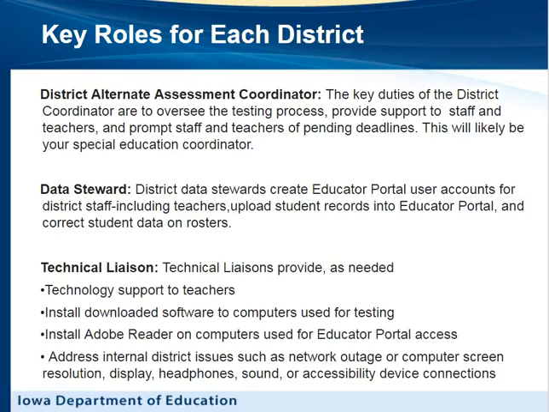We wanted to review the key roles of leadership for the DLM alternate assessment process in Iowa. Now, AEA Significant Disability Coordinators have asked that every district designate someone for each of these areas. That can look differently across districts in Iowa. Some are small, some are larger, and in some cases one person may have more than one role, so that will vary by district, but districts have been asked to provide someone in each role to support you through this process. First off is District Alternate Assessment Coordinator, and this is someone who has overall oversight of the process,